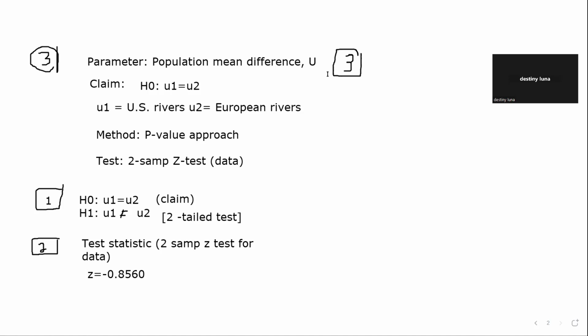So your p-value here is going to be the value that you get from what you saw, and that is going to be, p-value is going to equal